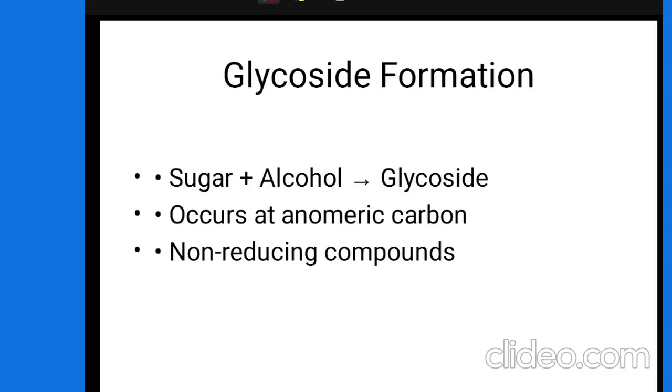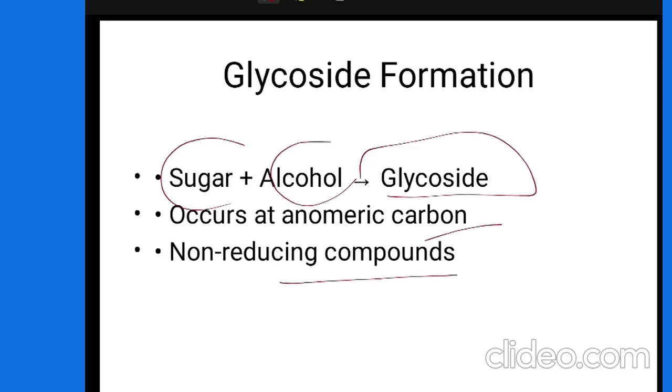Glycoside formation leads to formation of the glycoside by addition of sugar and alcohol. Occurs in the aromatic carbon and non-reducing component. Coming to the next slide,